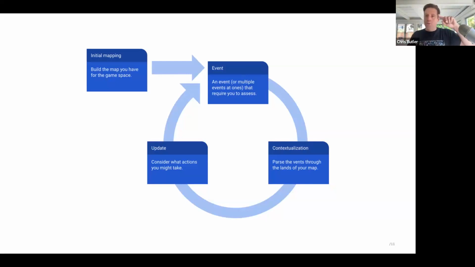And so this event loop starts to happen over and over again, and it can happen as many times as you want. But we only have an hour for this, so it's super accelerated. Even in the course of an hour and a half to 2 hours, for a group of say 60 people, I've been able to get them to do initial maps, and about 3 different event cycles, and really consider it in some way.